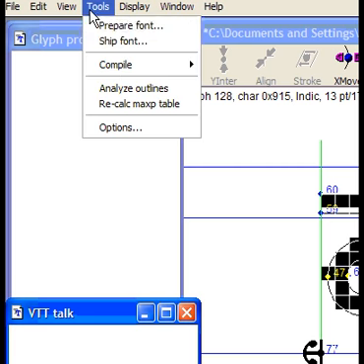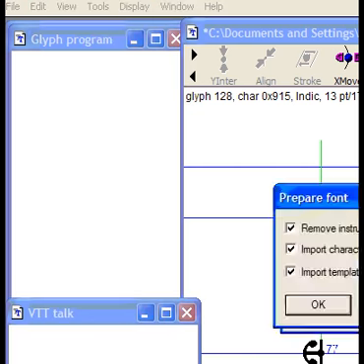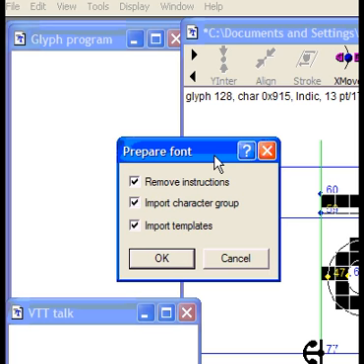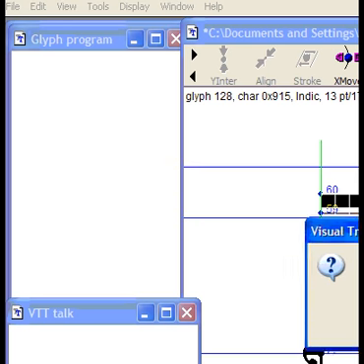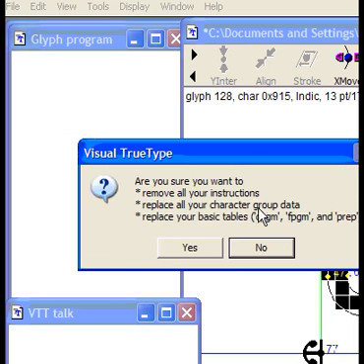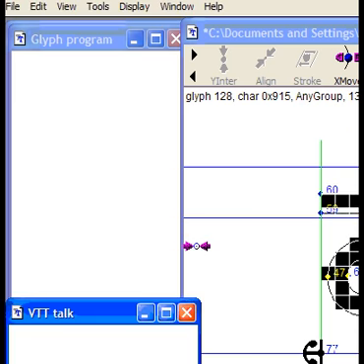Open your font in VTT and select Prepare Font from the Tools menu. The dialog box will give you the option to remove any existing hints. Some font programs may apply auto hints which VTT cannot use. Prepare Font imports templates for the following tables: